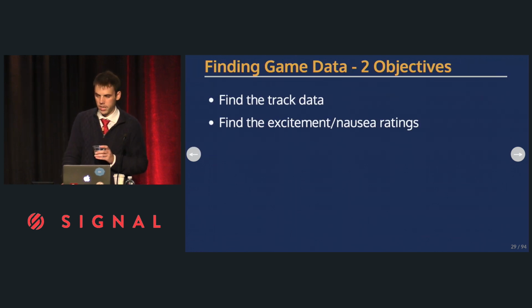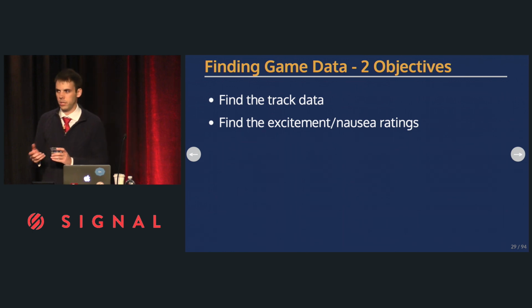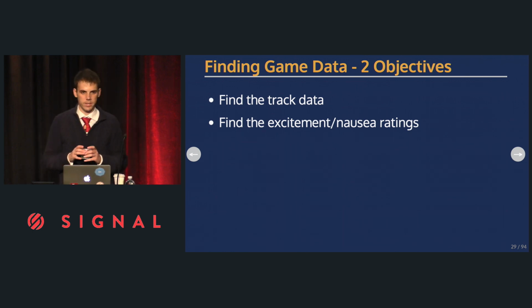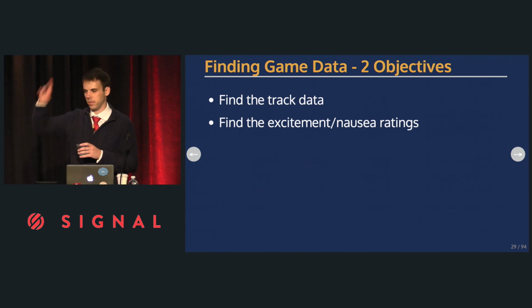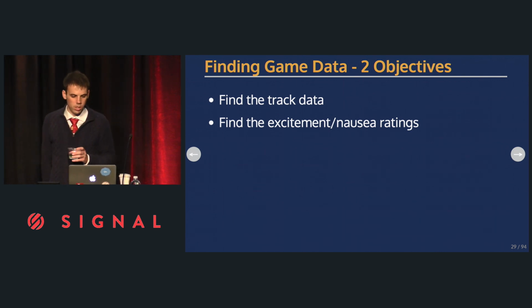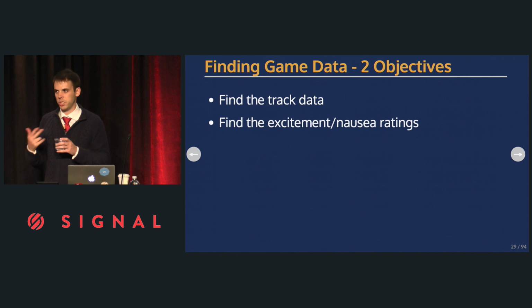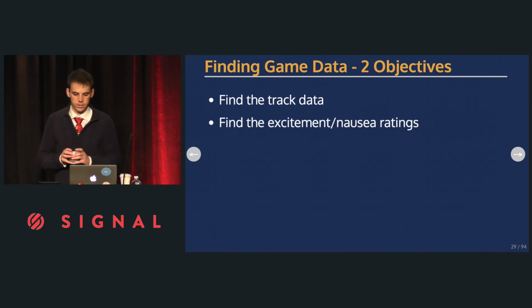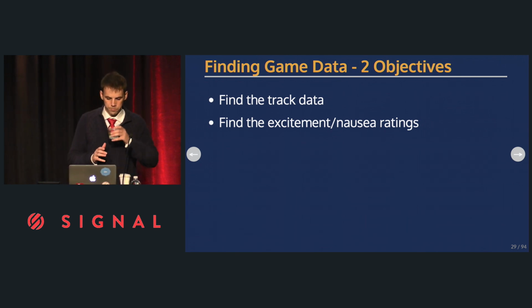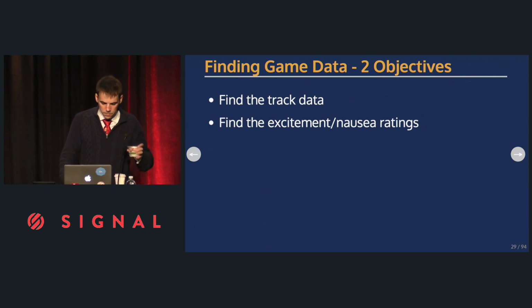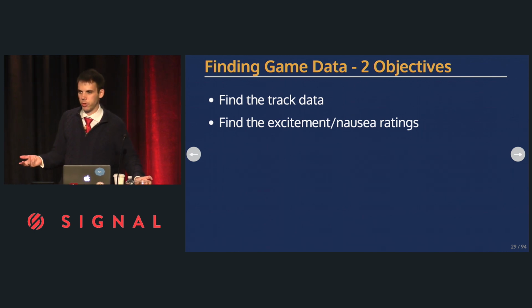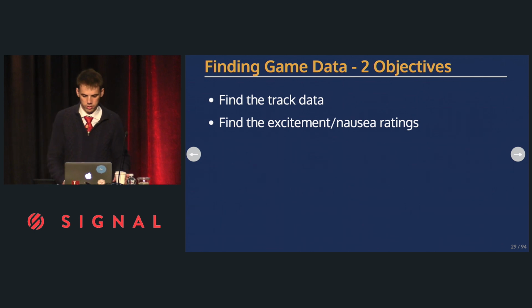So my plan was I need to find two pieces of information in the game. The first was the track data, all the stuff about the loop-de-loop is this high and goes this far forward. And then I needed to find how they were generating excitement and nausea ratings as they went. Much less ambitious than what they were doing, but also kind of orthogonal to it, at least it was 2